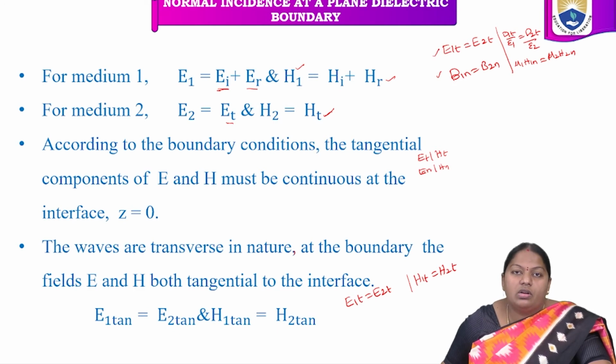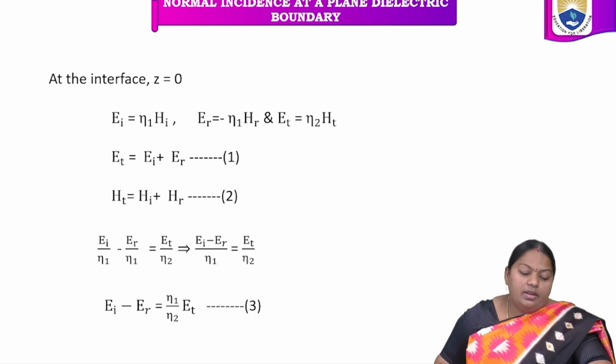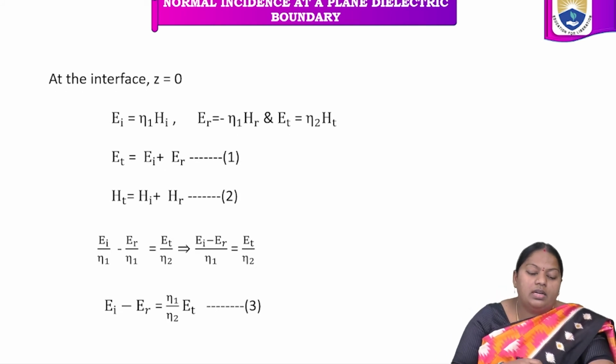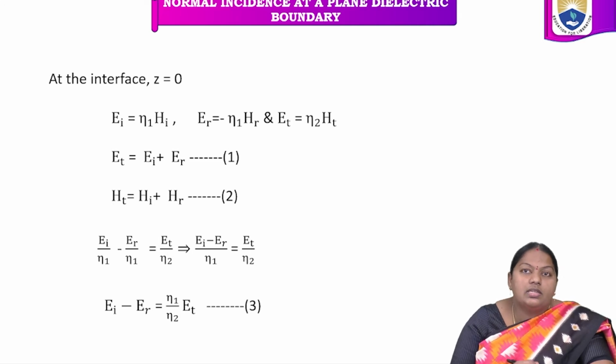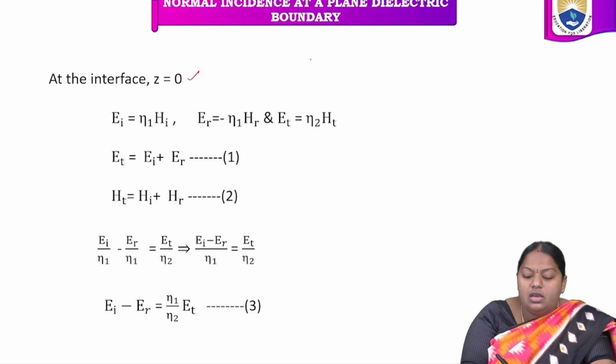Hence, E1t equal to E2t and H1t equal to H2t. Right? Next. So, at the interface, where the boundary is existing, at Z is equal to 0, we are going to write that EI is equal to, in general,